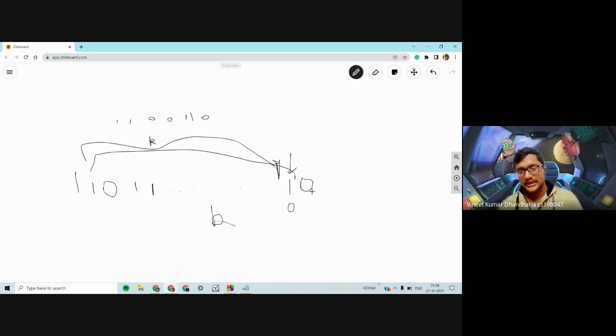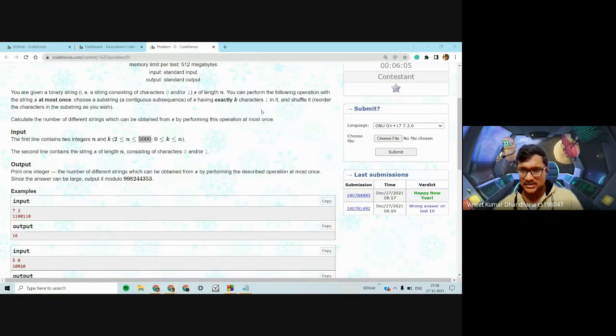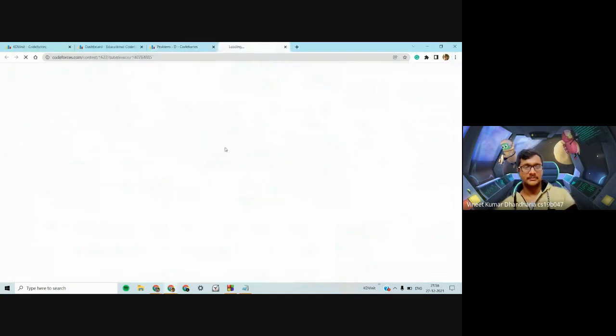0 and you changed it, like this was the new character you encountered, you know that this would be set to 1, and for the remaining positions L minus 1, you must put k minus 1 bits on. So that would give you L minus 1 choose k minus 1. I hope you get what I want to say. So I'll just go to my code. Maybe that makes it a bit clear.